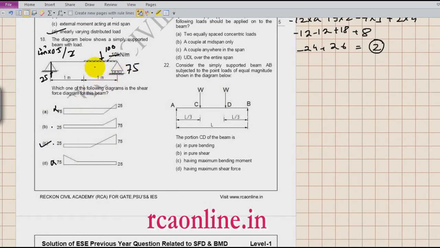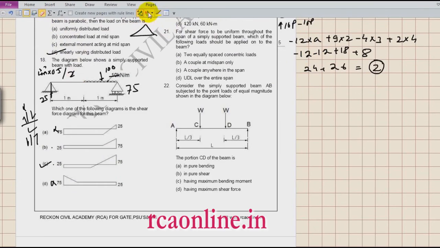Now friends, one of the things which you must observe is that the sign convention is not like this, but they have taken it like this. Take a little bit of observation sometimes about what sign convention they are taking. Mostly they take this sign convention, but this is one of the rare questions where the sign convention is reversed by the UPSC.